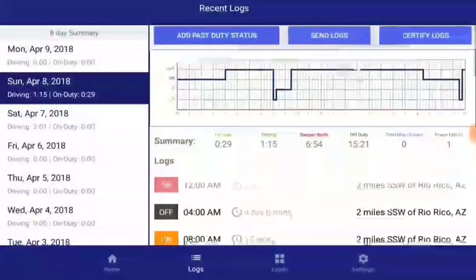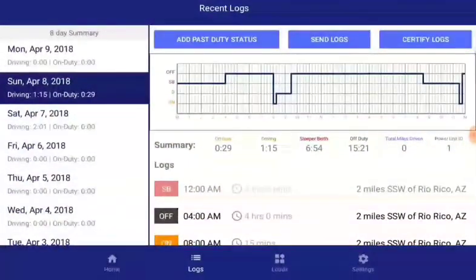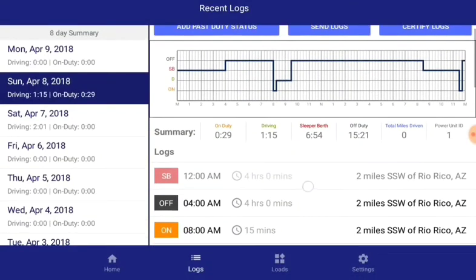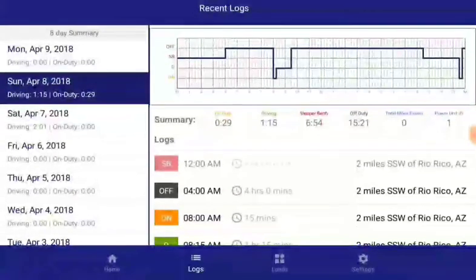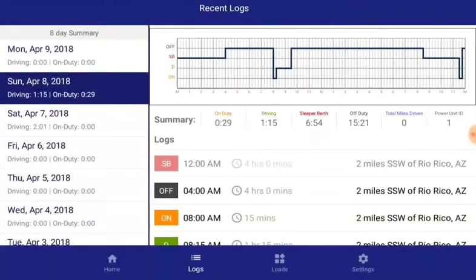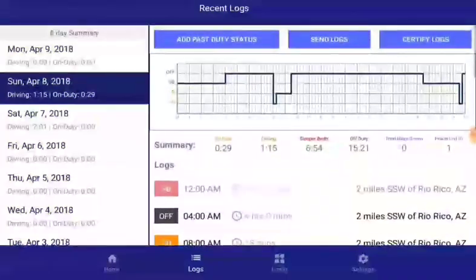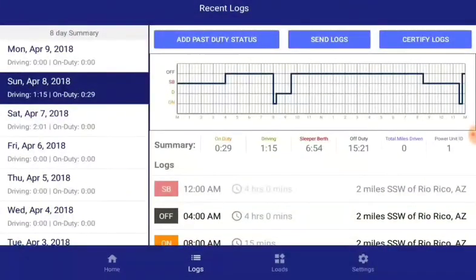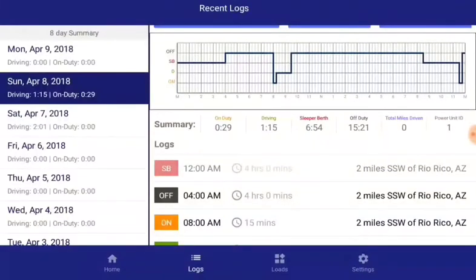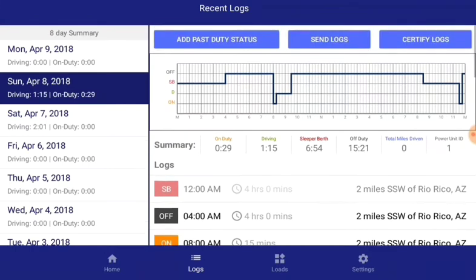We have 3 buttons here: add past duty status, send logs, certify logs. Add past duty status, that's basically to be able to split a current entry. So say I have this off duty here for 4 hours. I want to split it to an hour of on duty and 3 hours of off duty, because that was to reflect an accurate